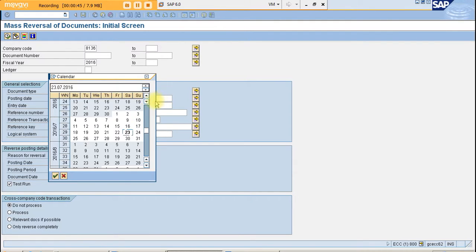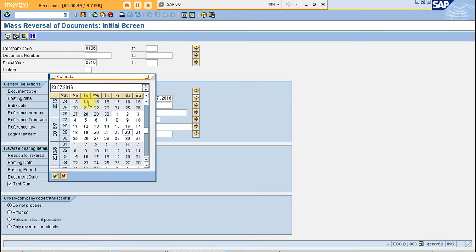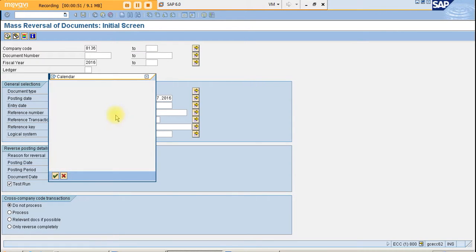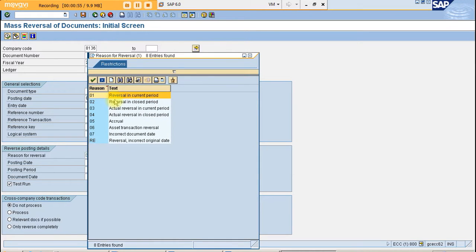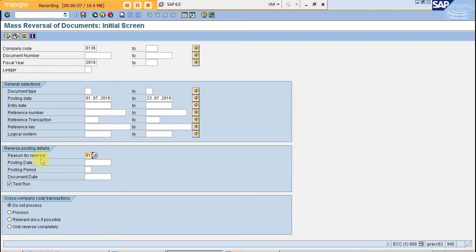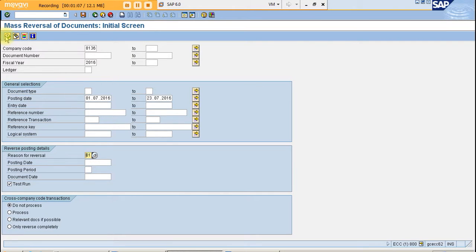You have to give the range, or press F4, you can give from the beginning. Now reversal reason for the current period. Now make sure the first will be the test run. Now click on execute,